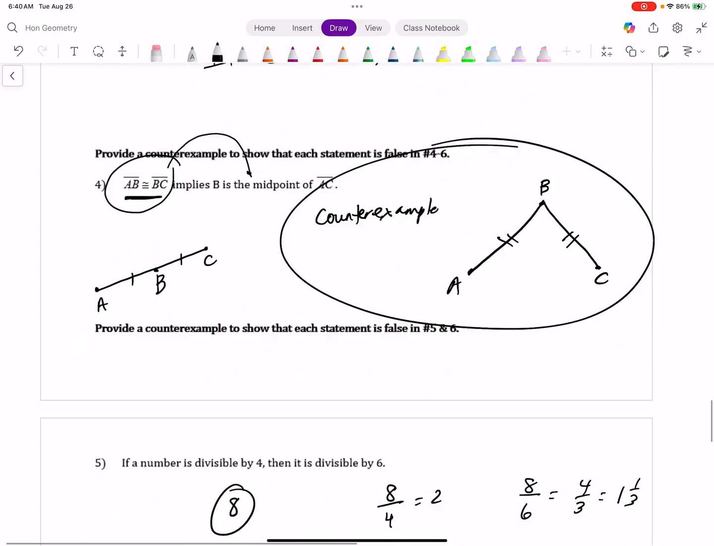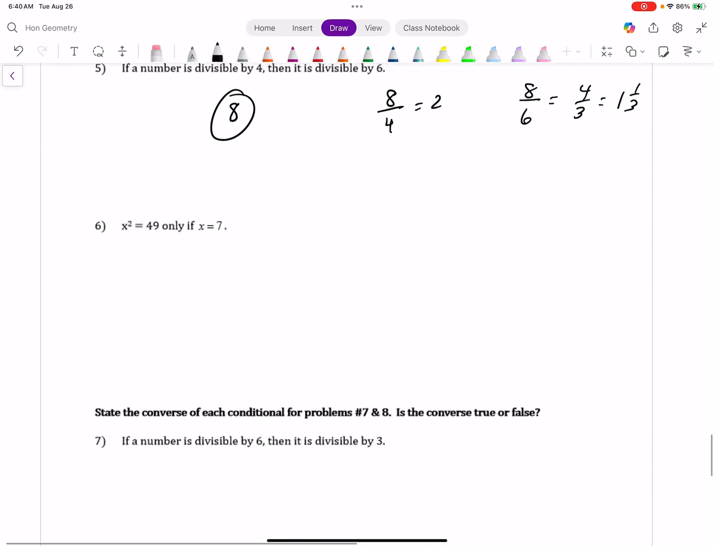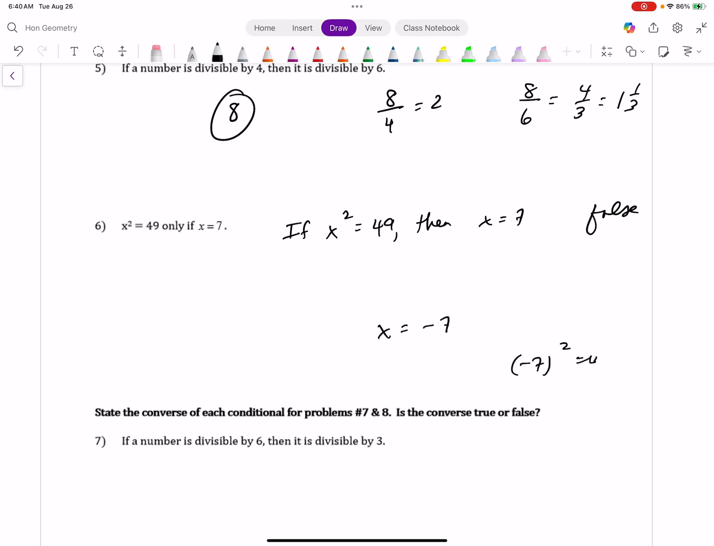Because what this means is if x squared is 49, then x is 7. But we know that's false because x could be negative 7. And negative 7 squared is still 49. But again,